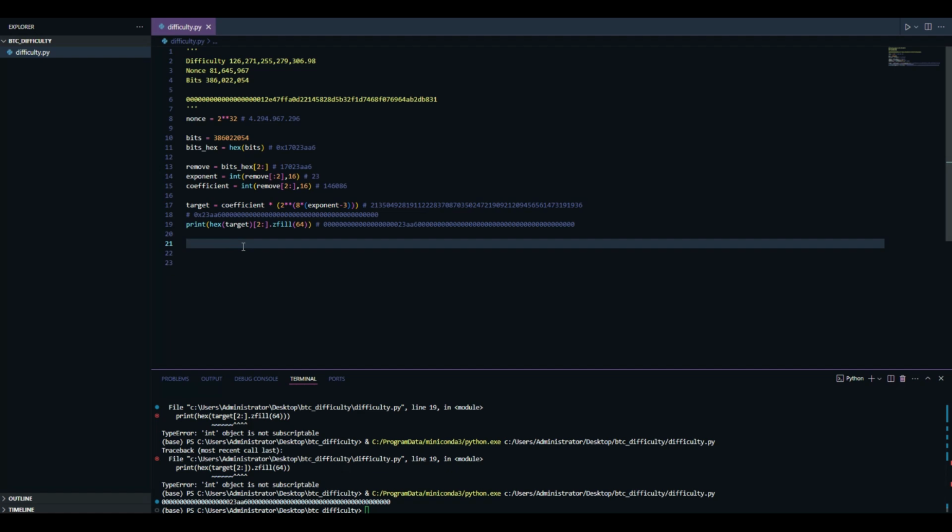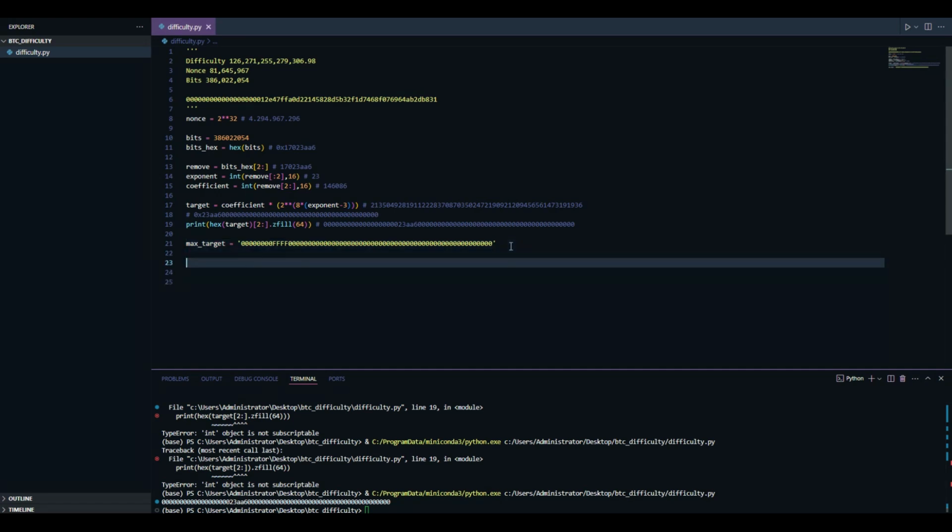So we have the max target. We cannot find anything above that, and it's defined by the blockchain. So the difficulty,